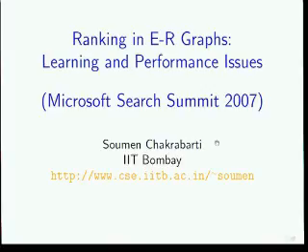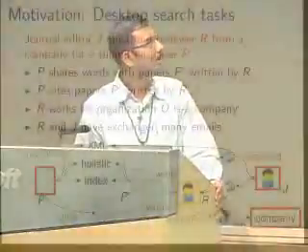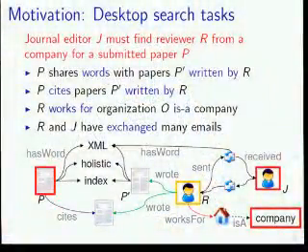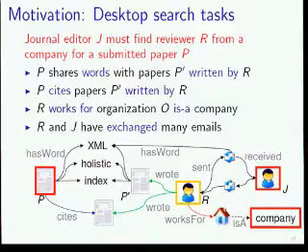So I'll be talking about ranking in entity relationship graphs, with two issues: learning and performance for doing database queries. I'll follow through with my motivation, although by now it's sort of preaching to the choir. Suppose a journal editor J, might be me, wants to find a reviewer R from a company for a submitted paper P. So how do you go about it if you had your personal database represented as this entity relationship